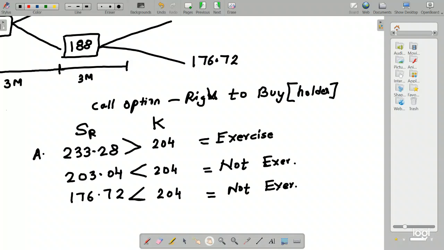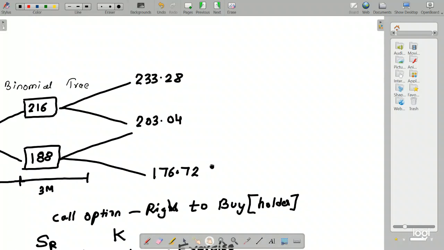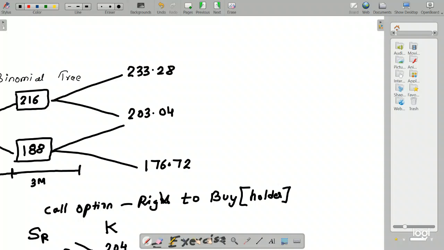So here, if you can just see what all things we have done. Just now we have decided that we are going to exercise, right? And here you have decided you are not going to exercise, so you will let it lapse. And here also, it is going to lapse. So I'll recap. The first one, from the given information, just jot down the question.